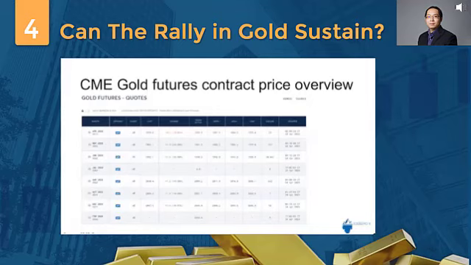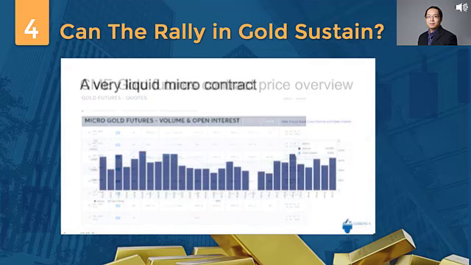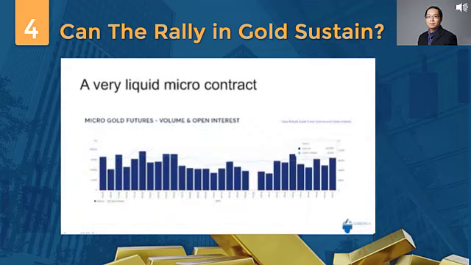But on the contrary, if you just look at it on a daily basis, the micro gold contract actually traded close to 80 to 100,000 contracts easily on the front month contract. So there's no issue of liquidity. I think the market itself, if you talk about gold on the CME market, is actually very liquid. If you want to start getting exposure in the gold market, try the micro gold first, because I think this product itself is a small contract,